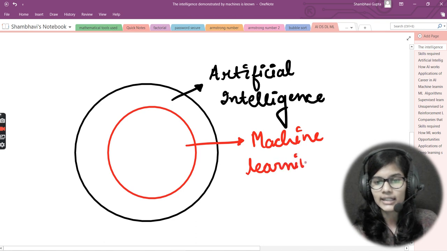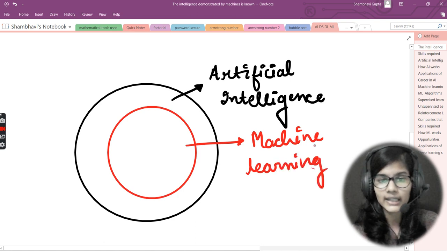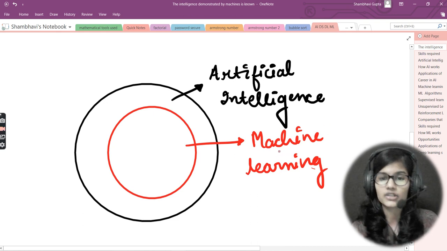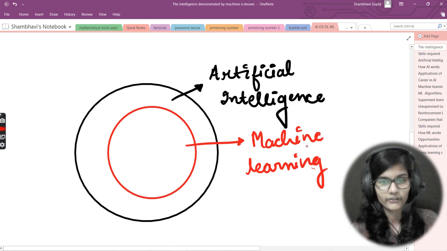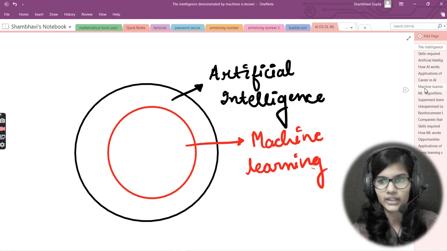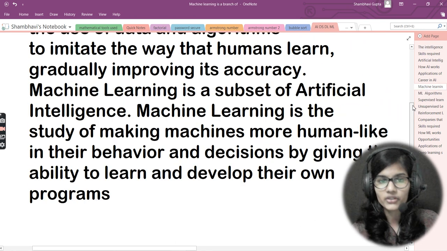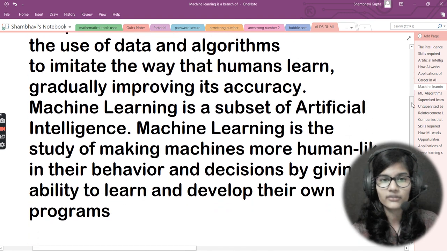So machine learning is one of the subsets of AI. In AI, machine learning is one of the fields that is actually used for modeling and training your machine which you are working upon. Modeling or training your data, modeling or training a machine, whatever you want to say. Hope you first of all got what we meant by machine learning.